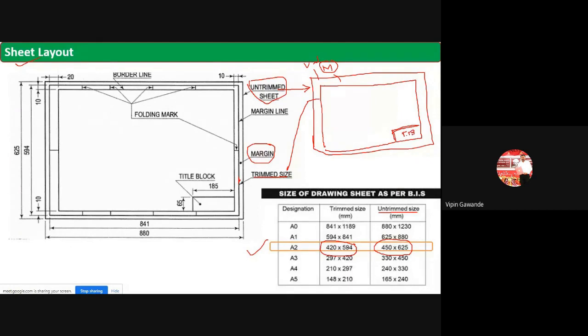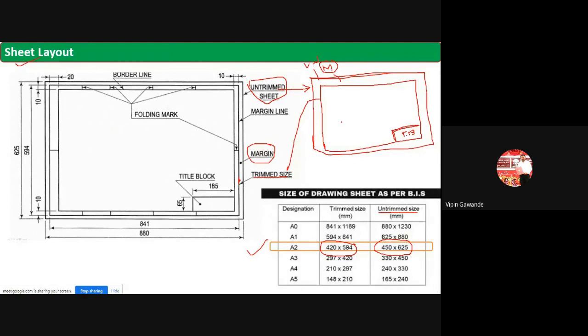in your drawing sheet. Okay, so you don't have to do anything, but you have to just learn the concept. That means what is the outer area. So the outer area is for the untrimmed size, and the inner area, the border line, is for the trim size. Okay, so that you have to learn. Okay, now after that